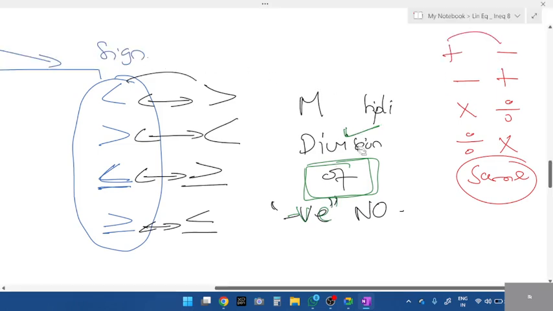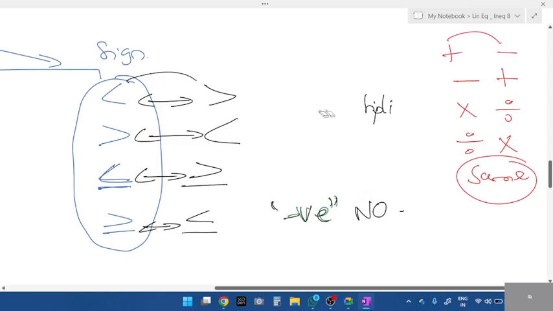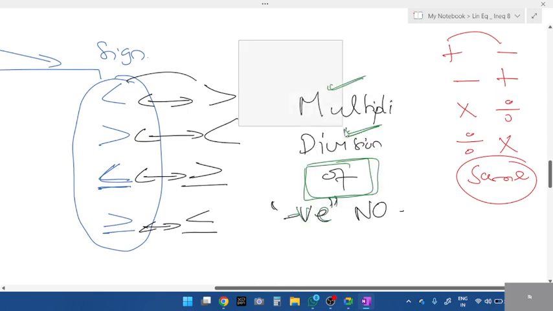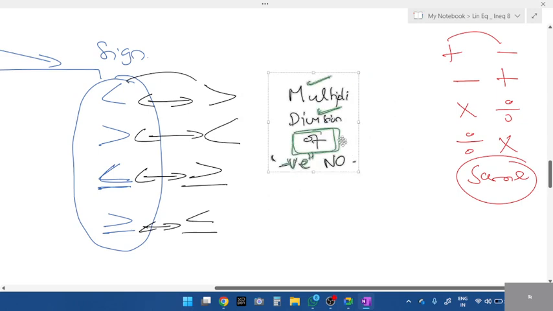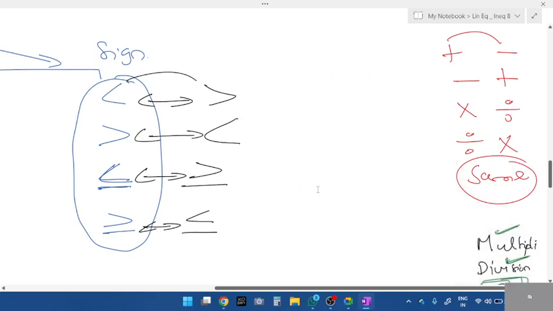Okay, by definition, you will definitely not understand what the concept is. Once I teach, then you might understand whatever I've written here. Negative multiplication. First,